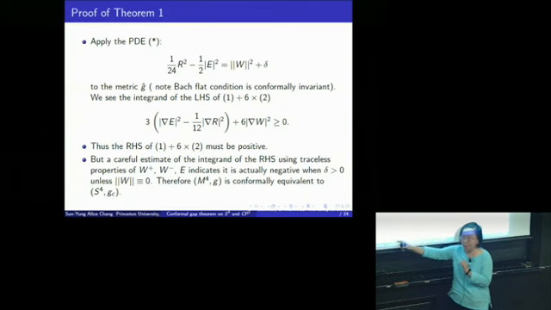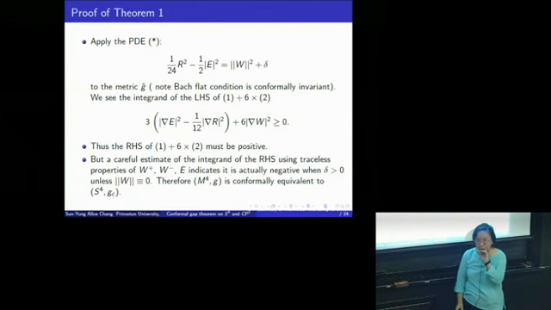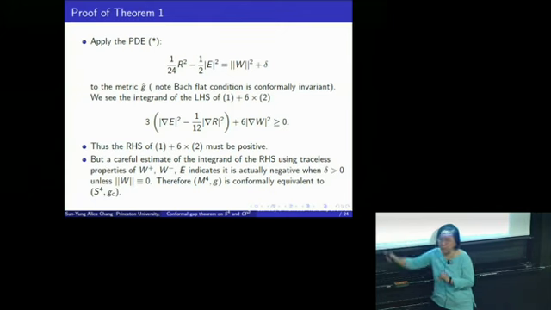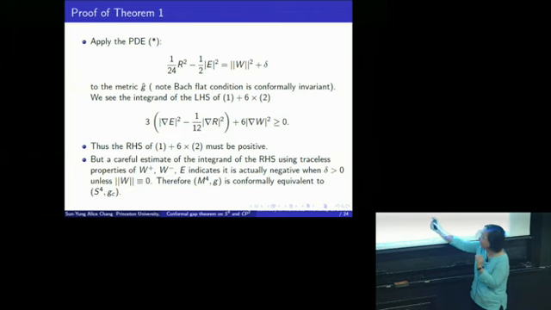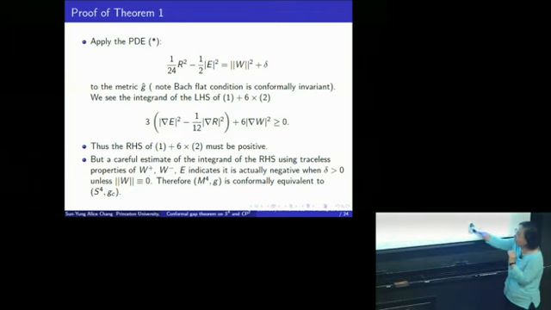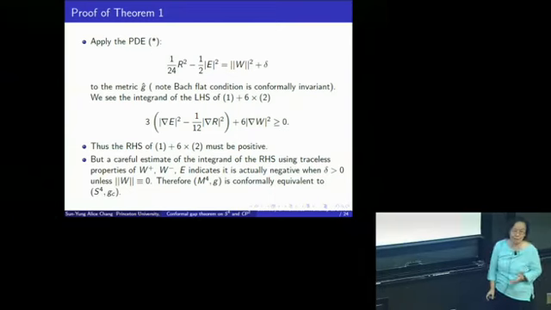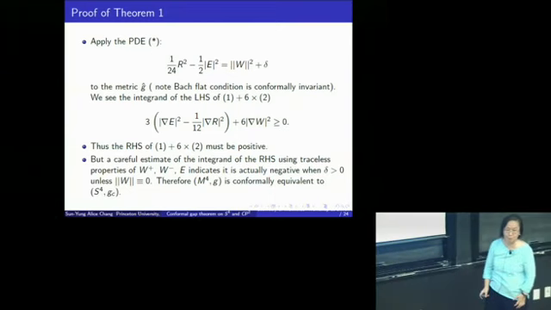And the proof actually becomes delicate when delta equals 0. When delta equals 0, you begin to allow the situation of CP2, that is, Weyl plus is non-zero and Weyl minus is 0. But in this case, when delta is positive, that forces Weyl to vanish. So that is the reason for the proof of the theorem.